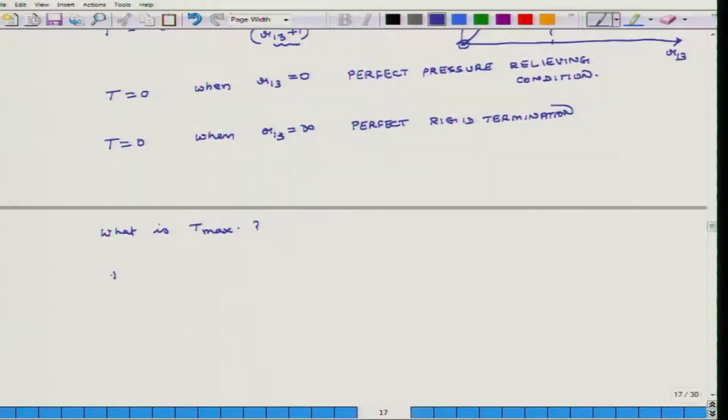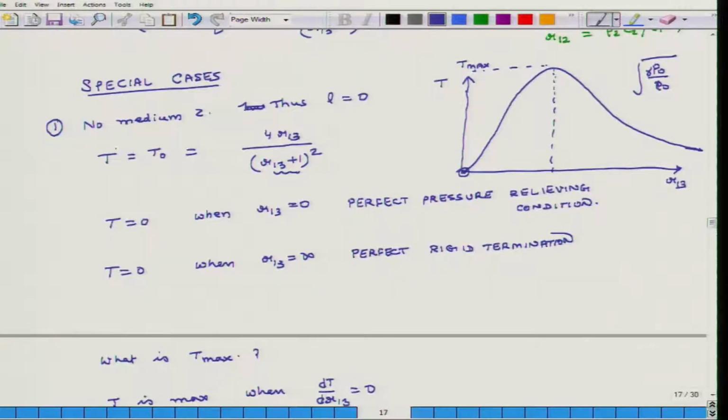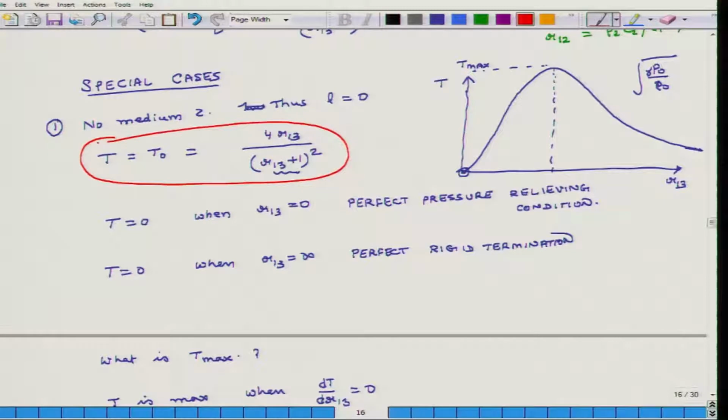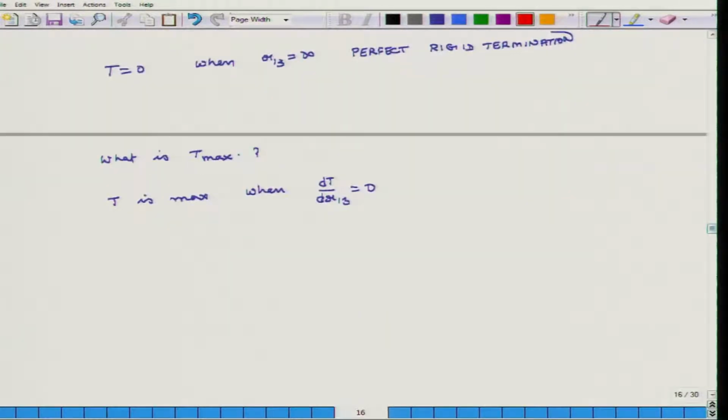So T is max when dT over dR13 equals 0. So I differentiate this relation, and what does that give me? That gives me 4 over (R13 plus 1) whole square, minus 8 R13 over (R13 plus 1) cube. Okay, so when I do the math, I find that